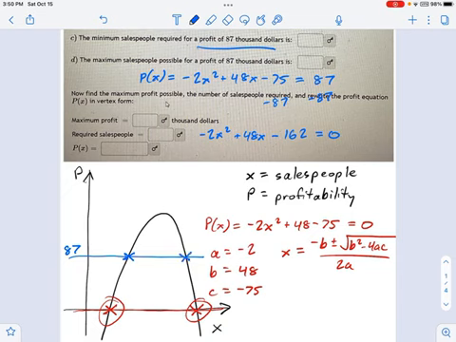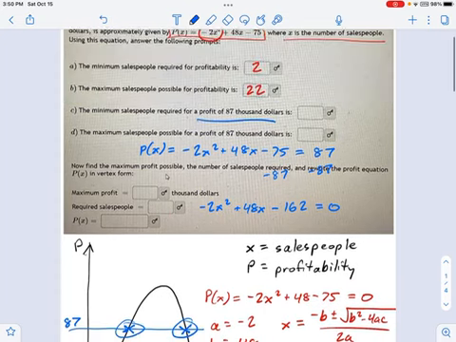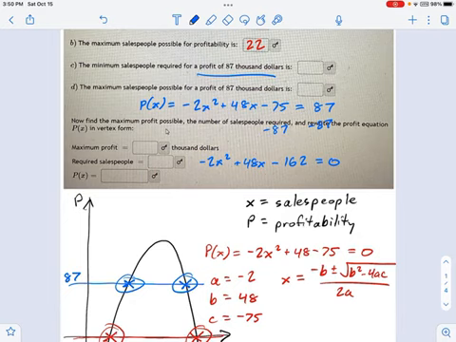Minus 162 equals 0. Now, when you solve that, again, using the quadratic formula, you're going to get 2 points, this value and this value for x. And those are the minimum and maximum number of employees. And so as we scroll down towards the end here, we get to a part where we say, find the maximum profit possible. Okay, maximum profit.